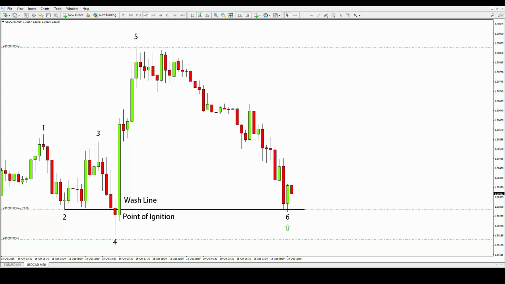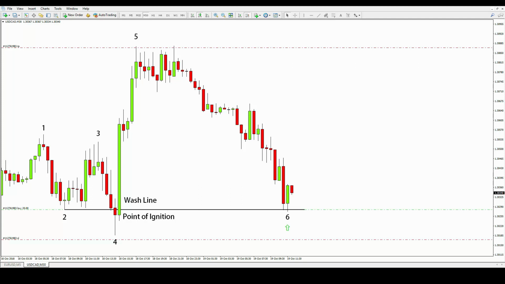Observe also that we have a well-established uptrend in the chart after number 5. The low number 4 is now a solid market structure, and our wash line is giving us an objective level to trade around the point of ignition of that massive bullish candle that took out the highs 1 and 3. In summary, we are apparently on the same side as the market makers. We have a notion of uptrend, we have a place to put a stop loss and a good place to